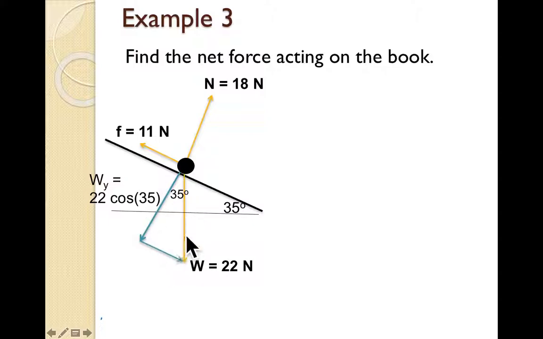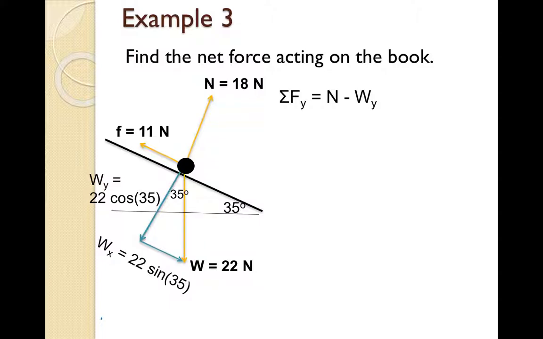So whenever you do a force diagram like this and you break this into its parallel and perpendicular components, this angle right here translates and rotates into this one right here, coming out of the force diagram, if you've drawn this correctly. So the component of the weight that's acting perpendicular to the surface is 22 cosine 35. And down here, the component of the weight that acts along the incline is 22 sine 35. So if we look at the forces in the y direction,